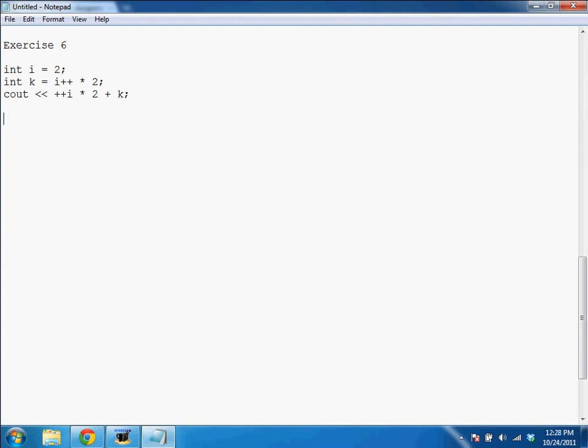All right. So let's keep track of the state of the variables. Here i is 2. Here k, oh, this is going to be tricky. When this statement finishes, what does k equal? Well, what does that mean? So when the plus plus or the minus minus